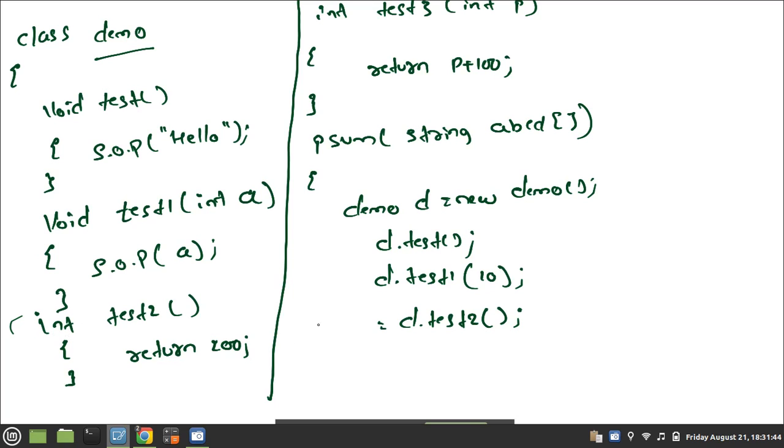Returning something means I should be able to store it in some variable. Which type of data is it returning? Integer. So I will store it in an integer variable. Assume I take it as t. This test2 returns 200, so this 200 will be copied into which variable? t. Now I will display the value of t.